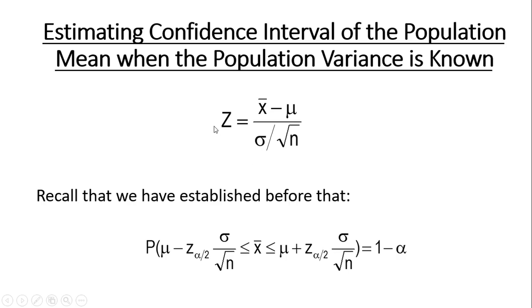So if this moves here, it turns positive, right? So therefore we have this function to deal with. For a lower bound, we use the negative. Since your mean is static, it's a population mean, remember, a single value, for you to have a lower value of it, you need to deduct this z product of sigma over